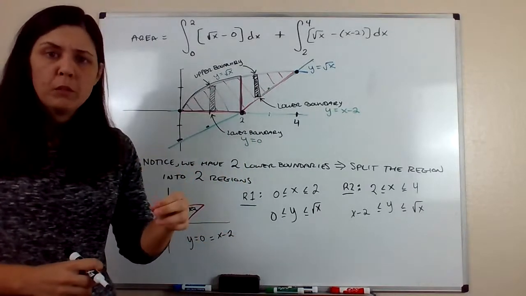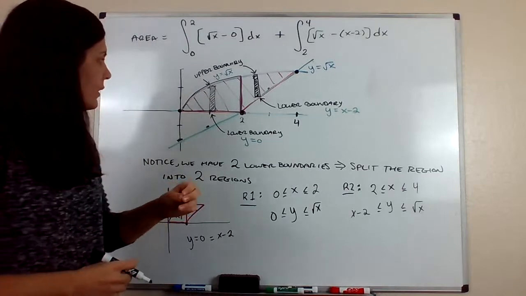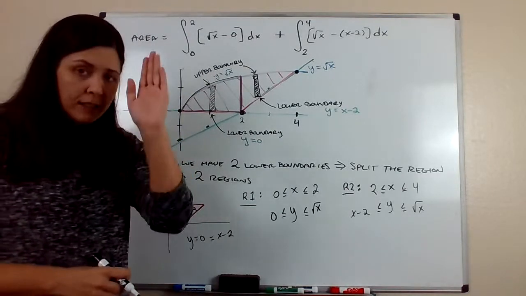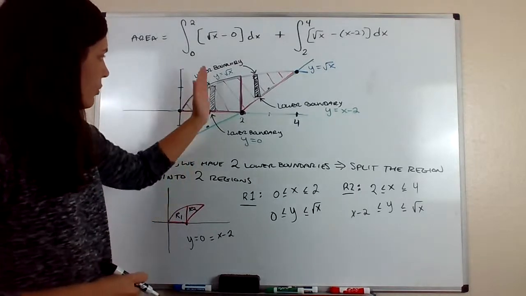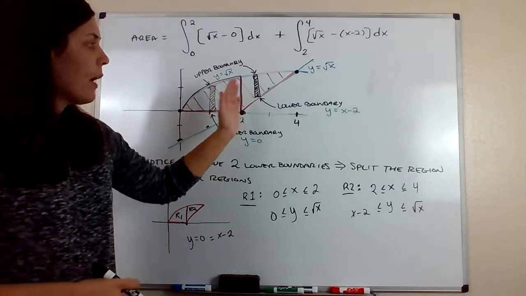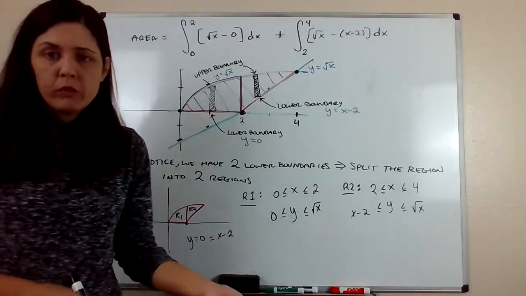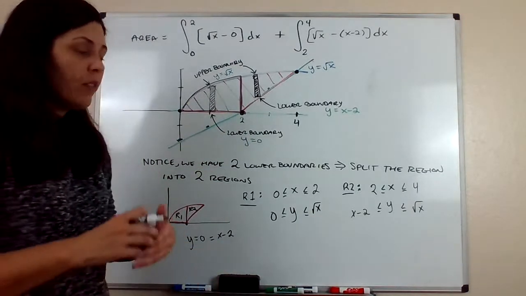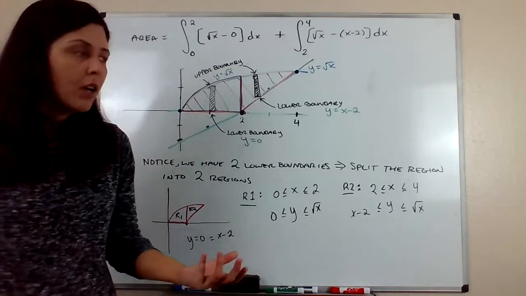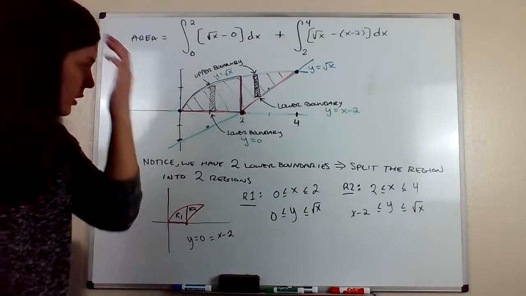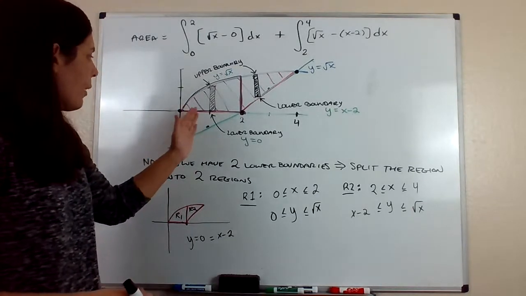So it was a little bit of a process, but what I want you to recognize is, depending on where you take a slice of your region, if you have two different boundaries, whether it's top or bottom, upper or lower, then you have to split your region into two parts. If it's three different boundaries for top or bottom, then you have to split it into three parts. So depending on how many possible